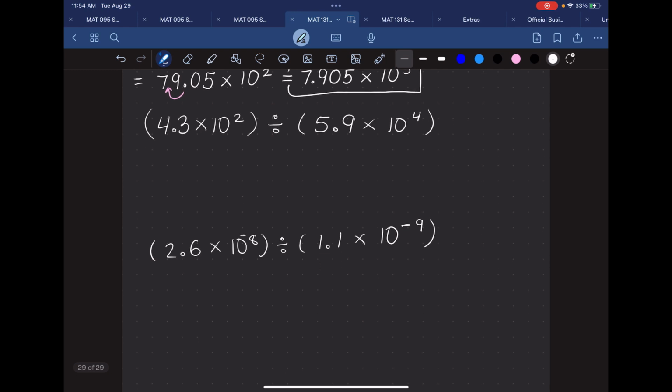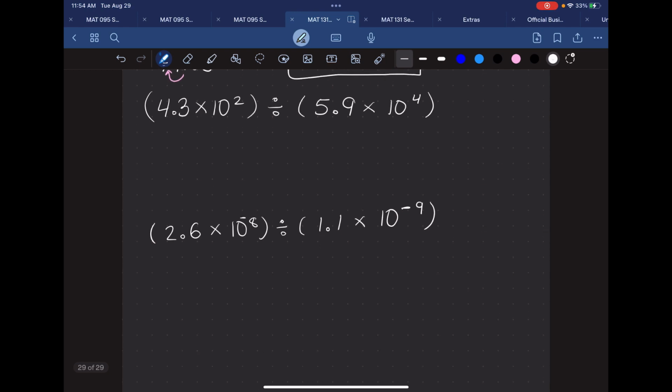All right, for the third one, now we're switching to division problems. And we're going to treat it in a similar fashion. So I prefer to look at division problems as fractions, so I'm going to go ahead and stack these. So I have 4.3 times 10 squared divided by 5.9 times 10 to the 4th. And here's where you can probably see that we're going to end up doing 2 division problems and then multiplying the 2. So I have 4.3 divided by 5.9